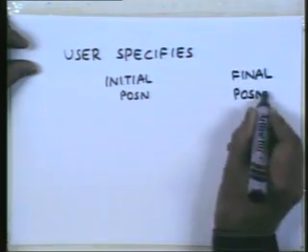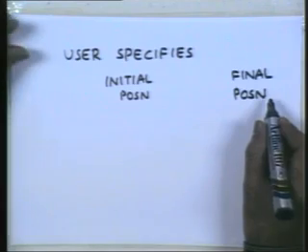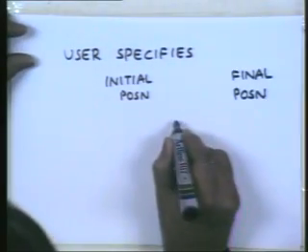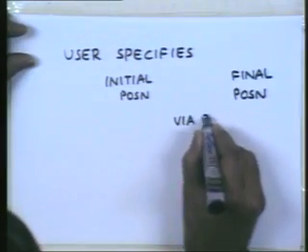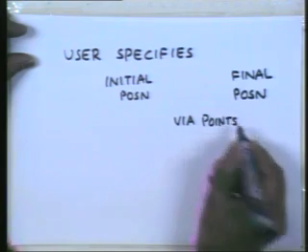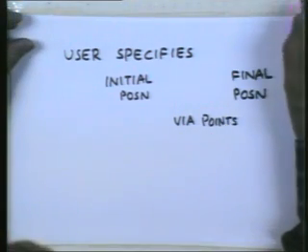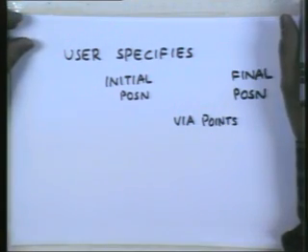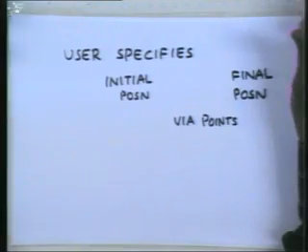Okay, because these are things that are of importance to him. But in between, at the via points, he may only specify the positions of these via points, and he may allow the system to choose appropriate velocities. Okay, so position specified at these points,